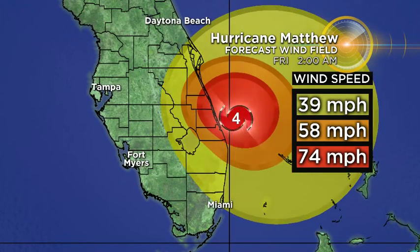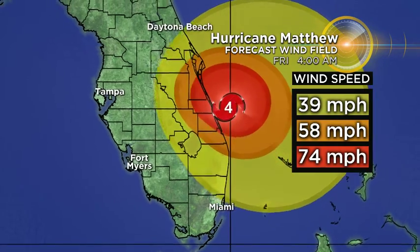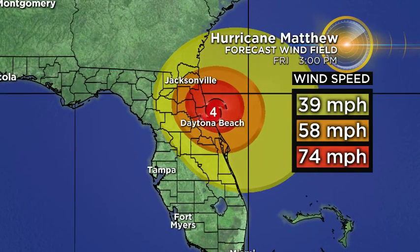Now heading toward the overnight hours around 2 a.m., we're actually going to see the center of circulation become very close to moving onshore. So hurricane force wind gusts in parts of the east central coast of Florida, potentially exceeding 74, maybe even close to 100 miles per hour in some of the immediate beach locations. And then by early Friday morning, Cape Canaveral, Melbourne, you're looking at a hurricane right on top of that area. So some of the worst storm conditions will be north of Fort Lauderdale and north of Miami as the storm